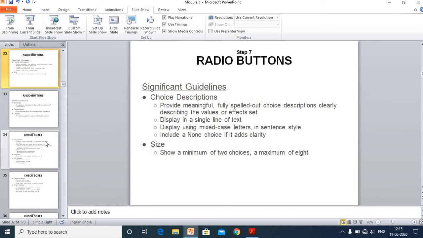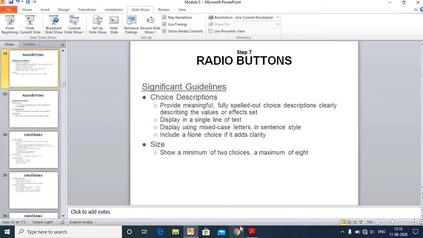That means we cannot use 2 lines or multiple lines for radio buttons. Then we should use mixed case letters, which we can call sentence case. You can see here: Record, Slide, Show. Here R is capital, S is capital, and here also S is capital. This is an example of sentence case, and this type of case we should use while designing radio buttons.